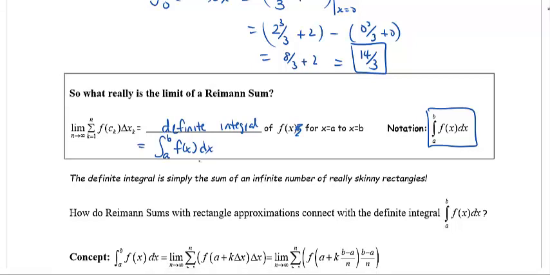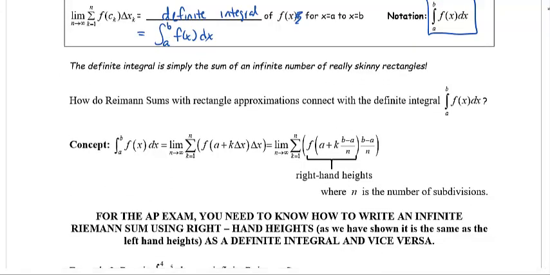Okay? Now, how do Riemann sums with rectangle approximations connect now with the definite integral? That's what you need to do. So the concept here is that this definite integral is equal to the limit of an infinite Riemann sum. And this formula here is used for right-hand heights, but of course you can use left-hand heights as well. For the AP exam, yes, you will need to know how to write an infinite Riemann sum using the right-hand endpoints. I have never seen the left-hand endpoint questions because it produces the same answer anyways. But you need to know how to use the right-hand endpoints or heights and connect that to the definite integral